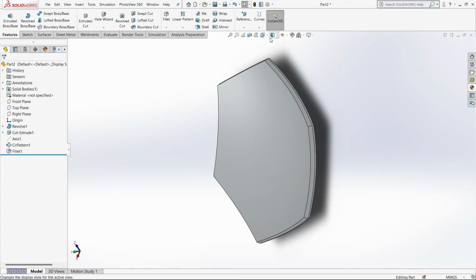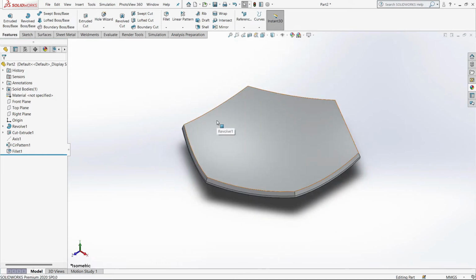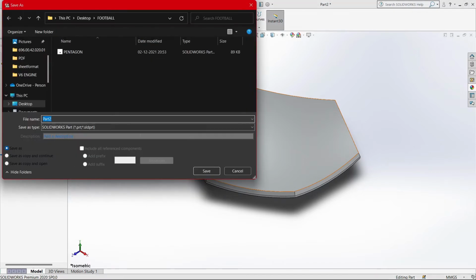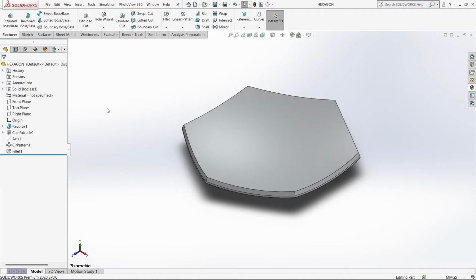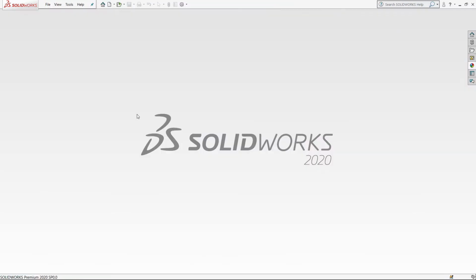So it's good. Now we're gonna save this also in the same location. Name it hexagon. Now what we're gonna do is close both the windows,